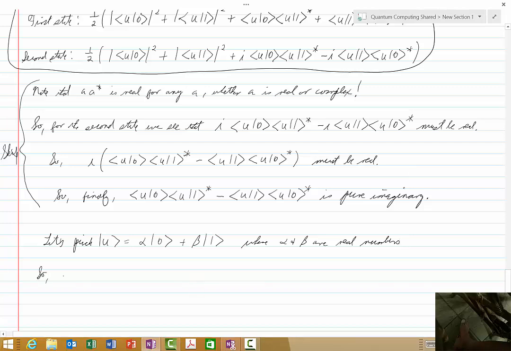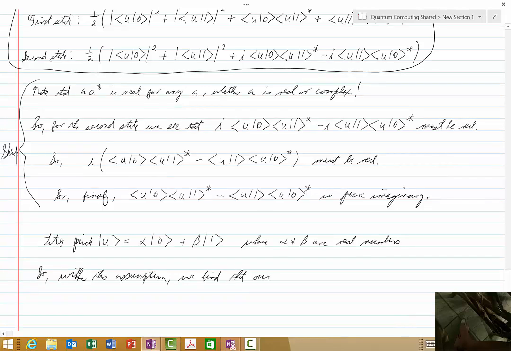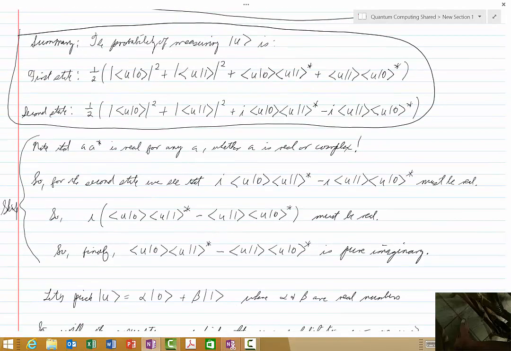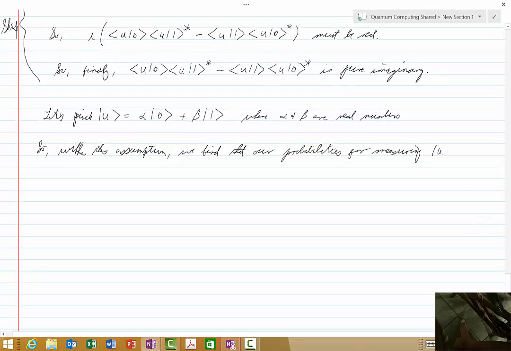So, with this assumption, we find that our probabilities for measuring U become, okay. For the first state,